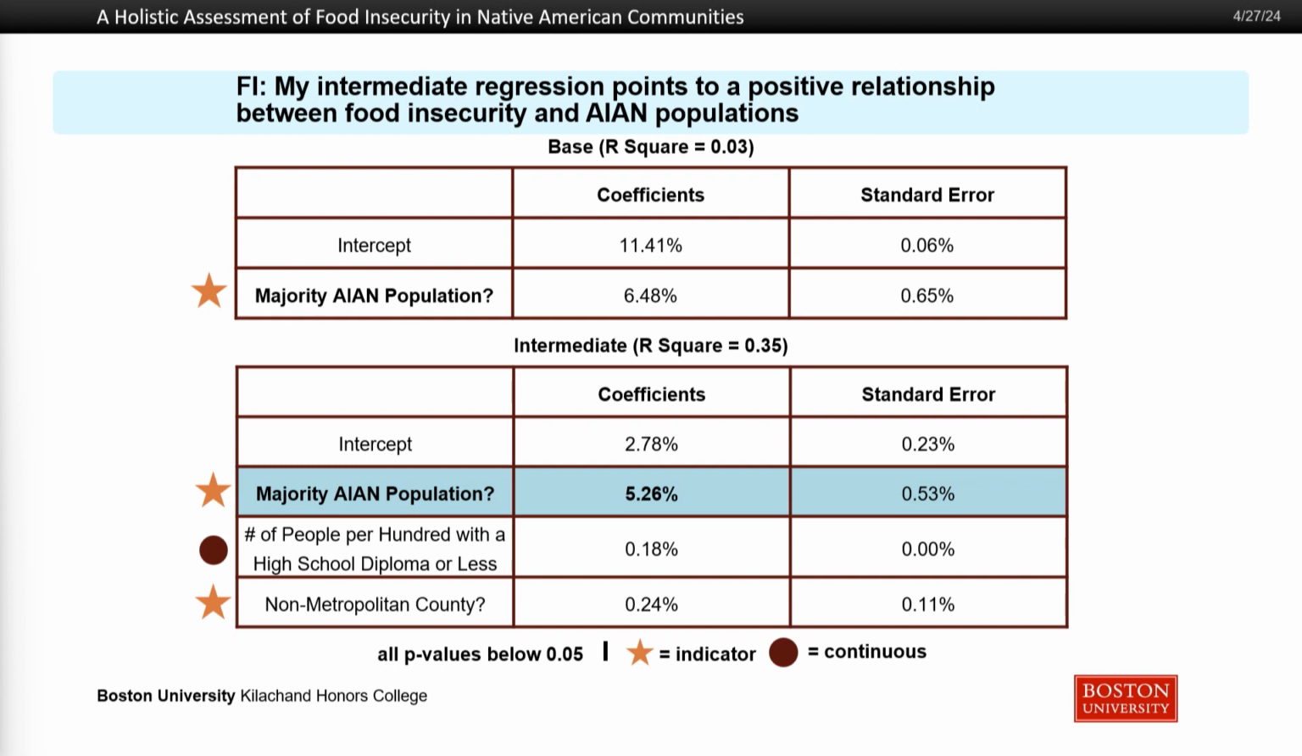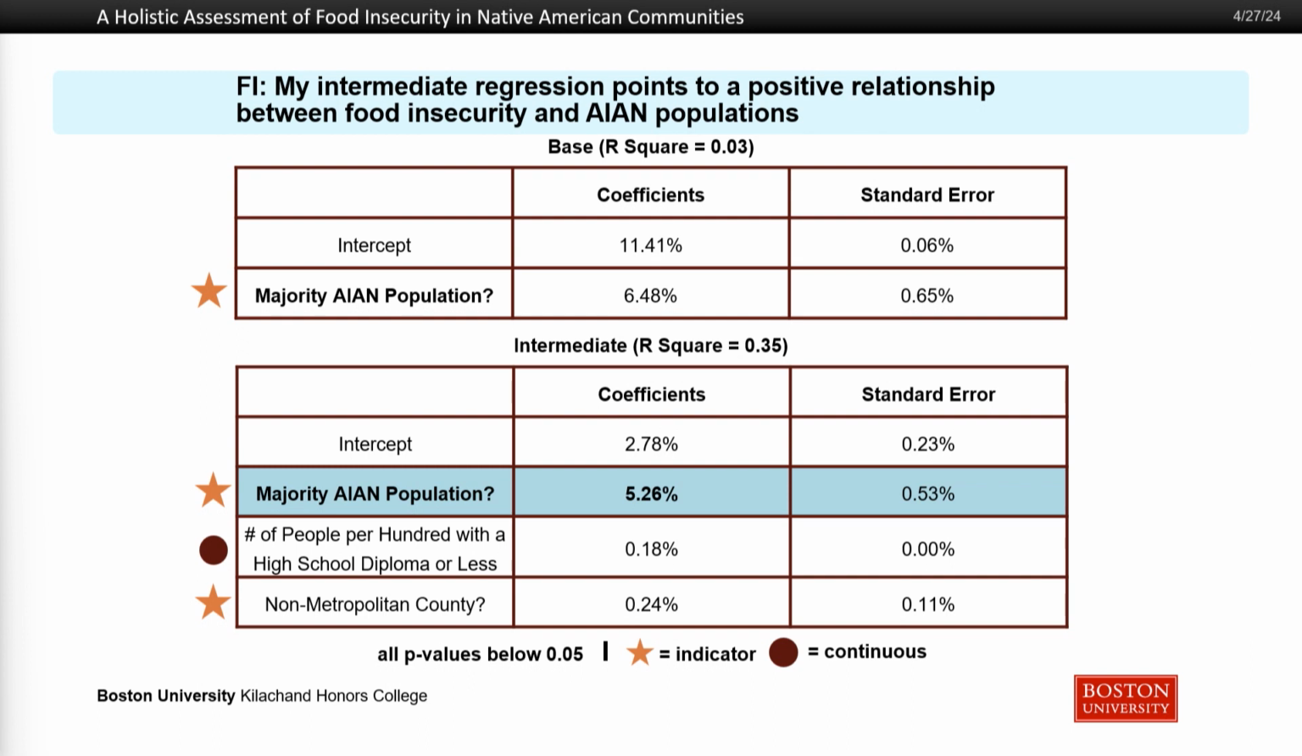Here is the results of my food insecurity linear regression. I wanted to reiterate here that the regressions were not run with the purpose of predicting, so you're going to see these R-squared values and say, those are really bad. I want to quell your worries because I'm trying to see if there is a positive relationship between food insecurity and majority AIAN population, and I'm not necessarily trying to quantify exactly the impact that it